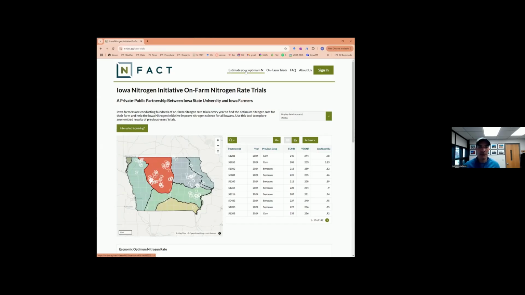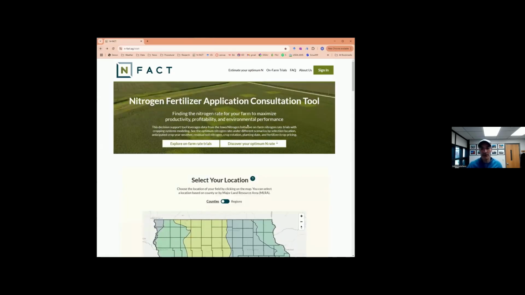So estimate your optimum nitrogen rate. I'll just go backwards here. So here we can click on discover your optimum nitrogen rate. I should emphasize you have an opportunity to create an account here. You don't have to, but if you do create an account, it allows you to save your scenarios to return to in the future